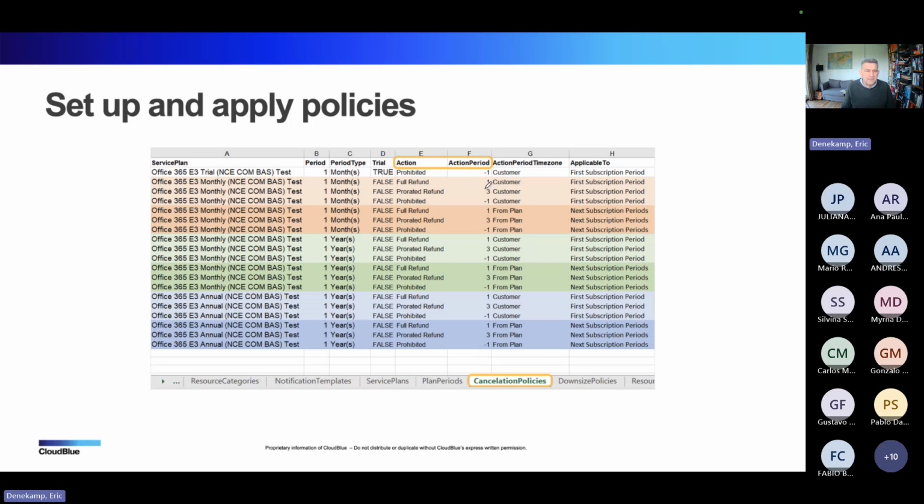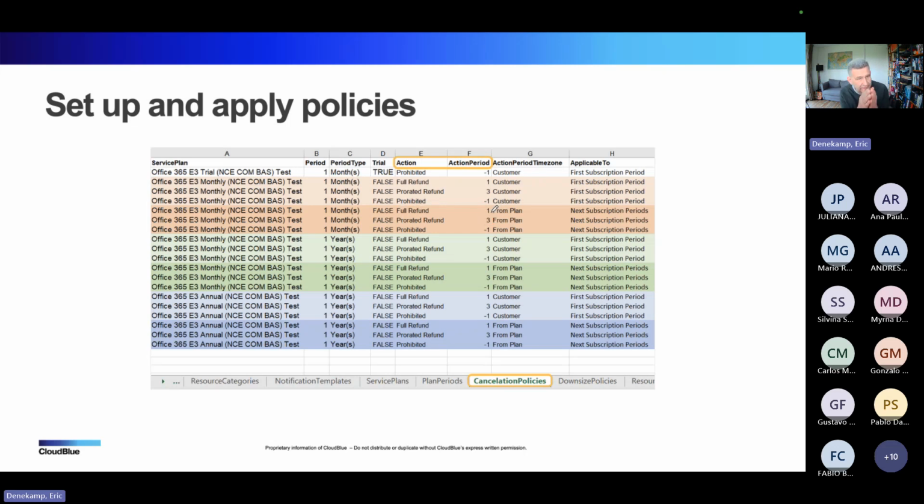But nowadays, this one would be 7. This one would be 7, etc., etc. But for the first subscription period, they get a prorated refund during the first 7 days of that subscription. First, as in from the start date again, right? And then we have prohibited for the rest of that period.